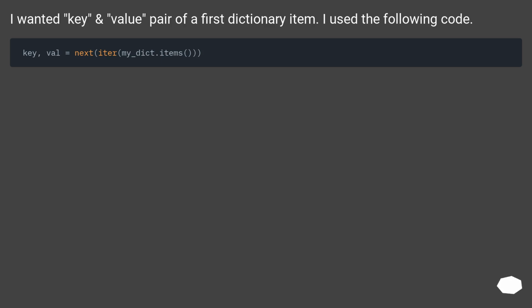I wanted key and value pair of a first dictionary item. I used the following code. What